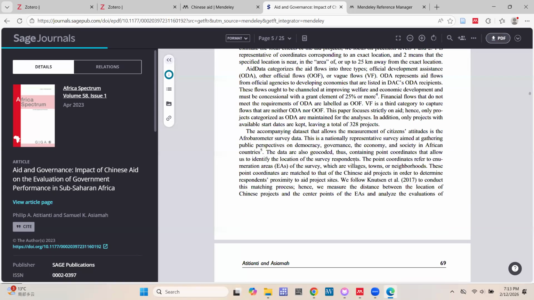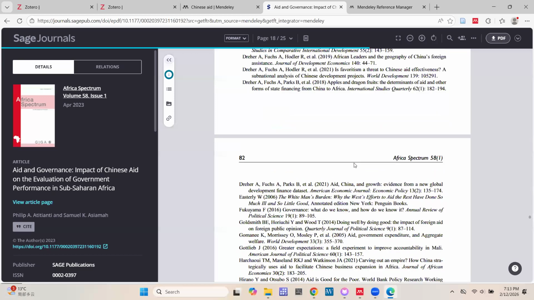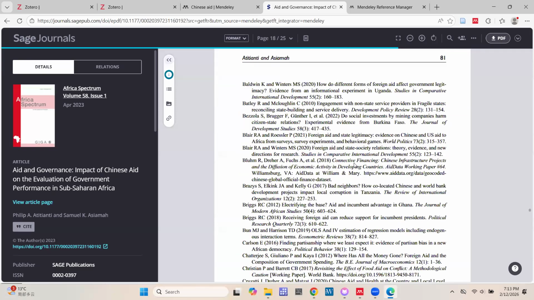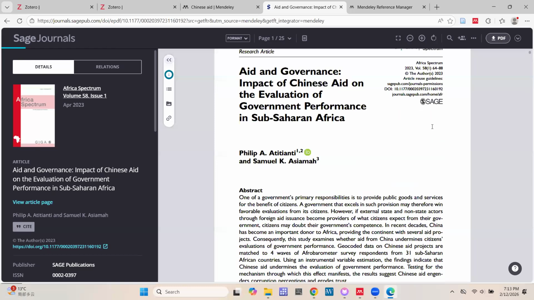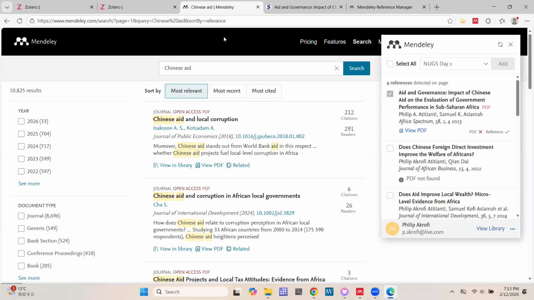So we are seeing him having challenges trying to download this paper. Let's try with another file and see. Maybe it will work much better on another journal website. Okay, it has finally downloaded eventually. Let's try.